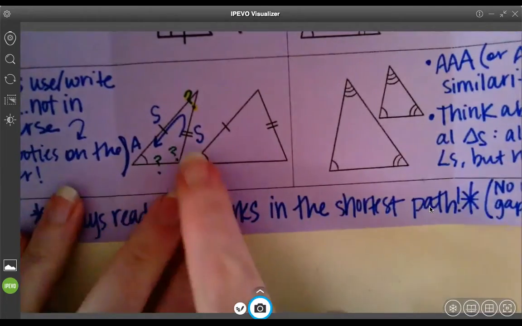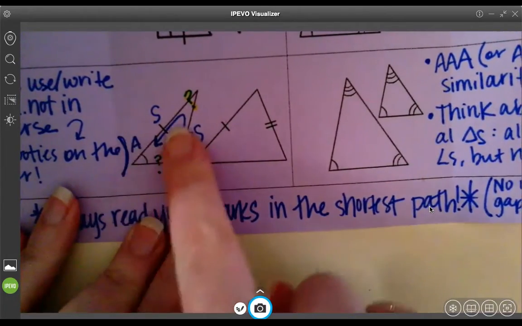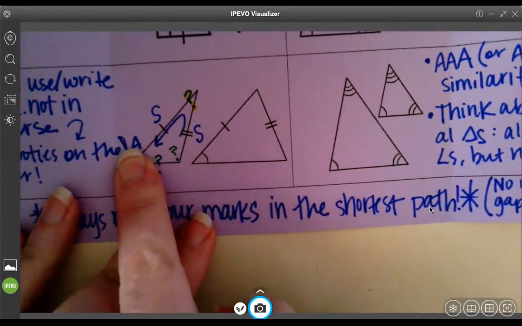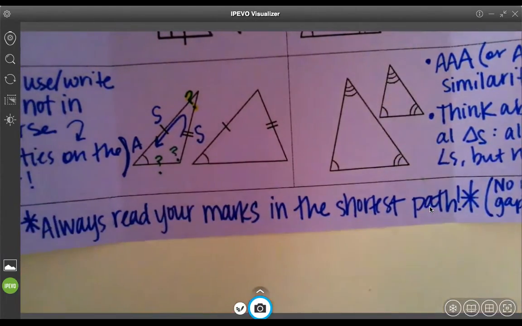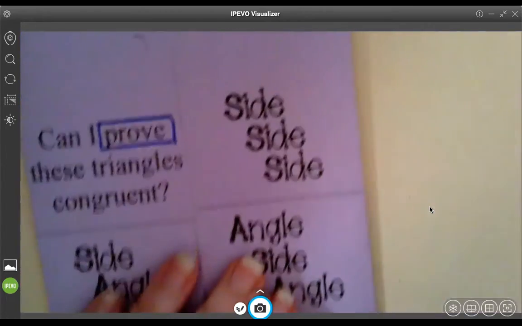Over here, again, if I tried to read it the other way, I would have 2 gaps built up, and I can't have any more than 1. 1 is allowed, a group of 2 is not. So these are the 2 that do not necessarily prove that shapes are congruent, or that triangles are congruent, because you just don't have enough information. Some of the triangles might be, sometimes they might not be, but you can't prove it with just this combination of information. Now we're going to go back up to the top, and we're going to talk about side, side,